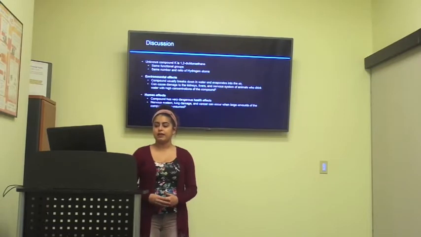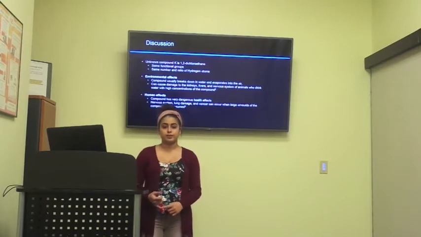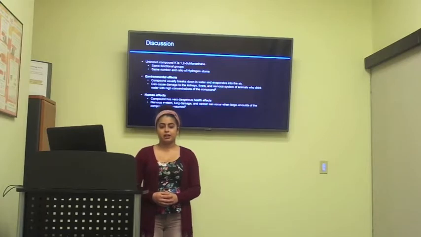So now we can identify unknown compound K as 1,2-dichloroethane. If you're still wondering why, it's because it has the same functional groups, which were a CH single bond functional group and a CCl functional group. And it only has 1 type of hydrogen atom as shown on the NMR spectra. So now that we identified unknown compound K as 1,2-dichloroethane,